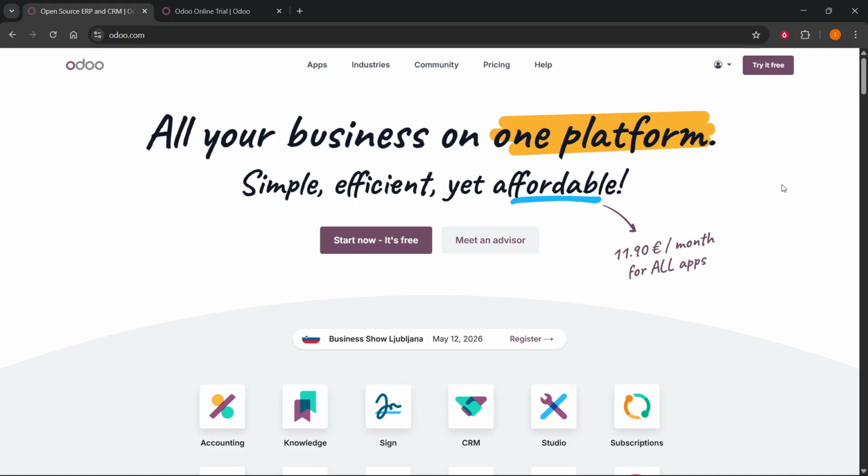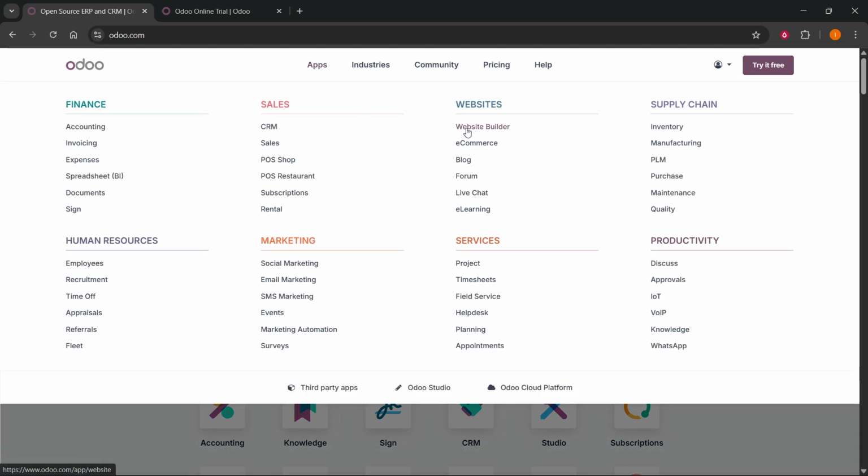In this video, I'm going to show you how to create a website on Odoo. Now, the first thing you want to do is go to their official website and sign into your account, or of course create one if you don't have one yet. Then you want to click on apps up top, and from here you want to go to the